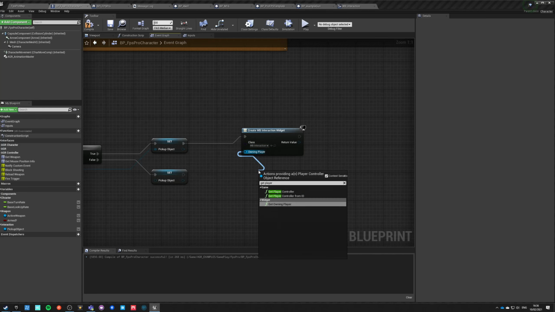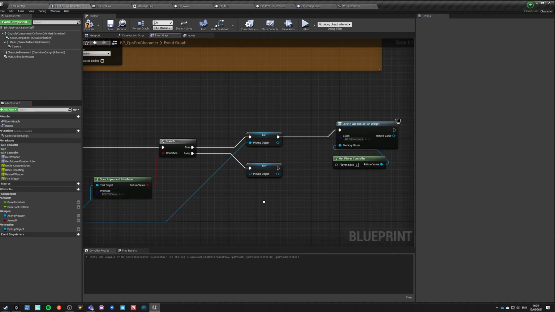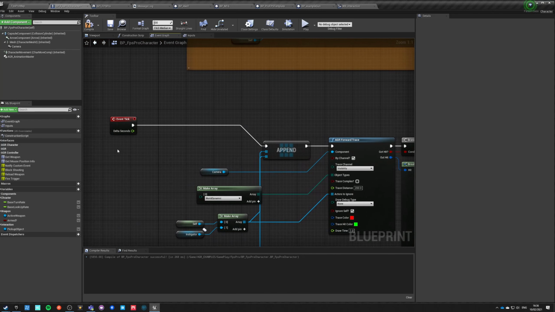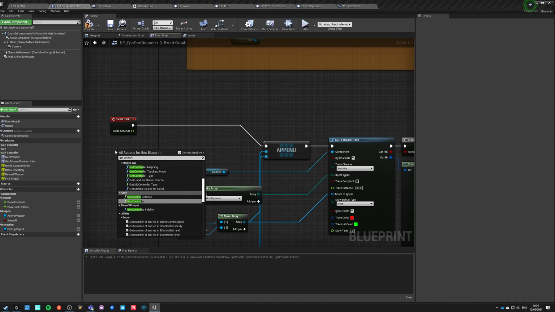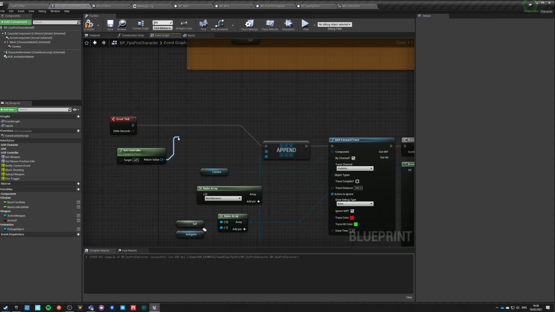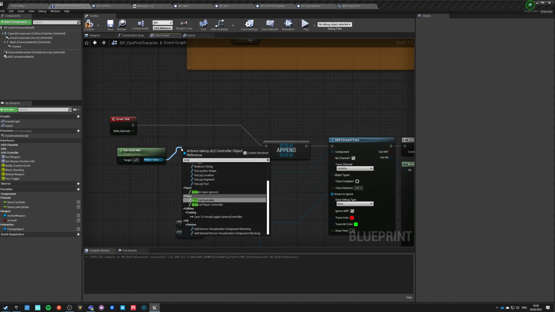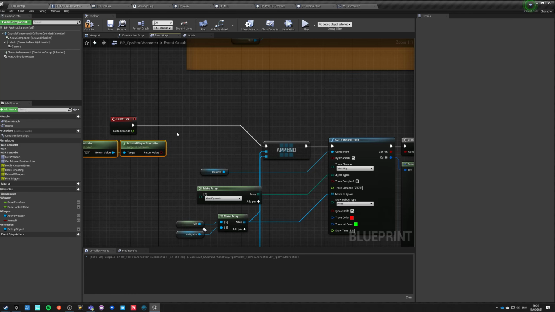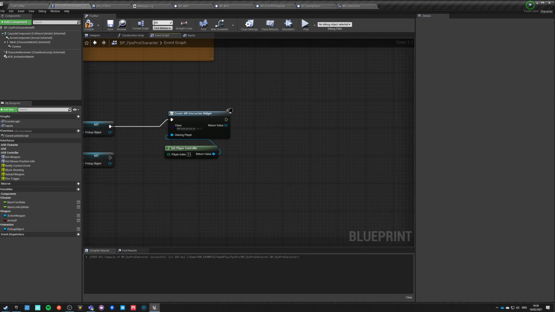Get player controller 0, and now we want this on tick to happen only if get controller is local controller, or even is local player controlled. So only the local player will do this on tick, so it's not as heavy on the performance, because if you just do it per one actor, that's really not bad.